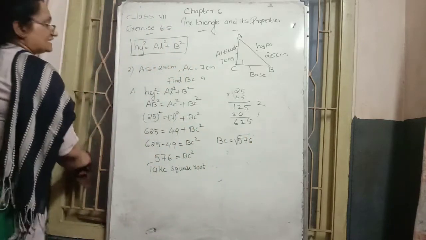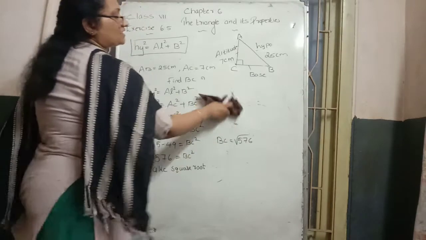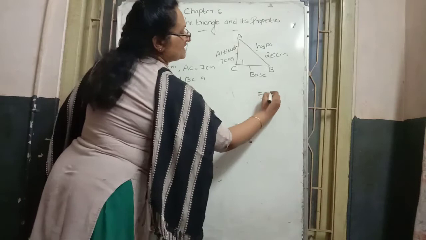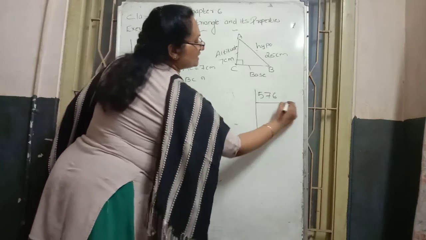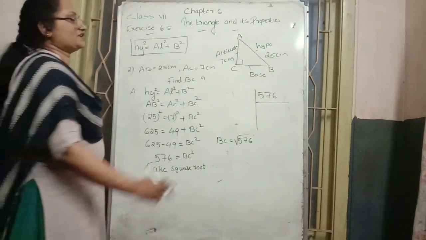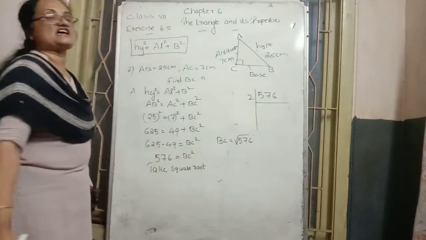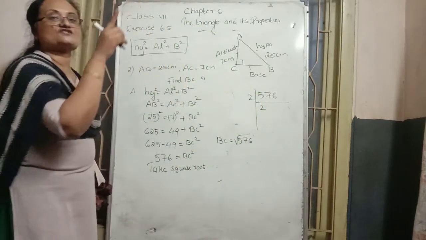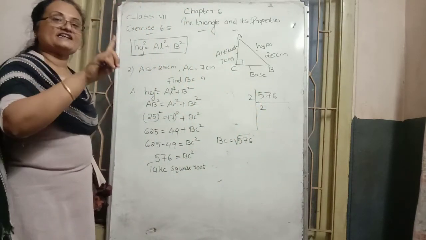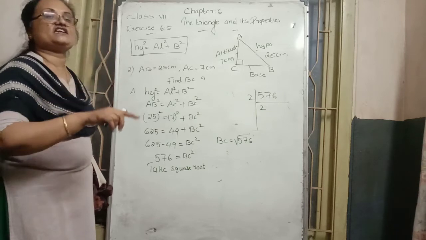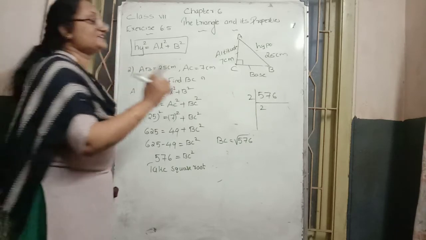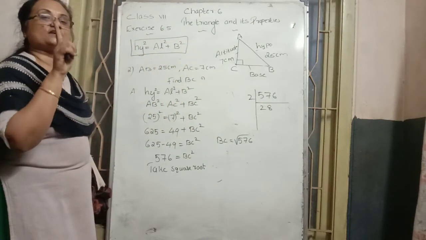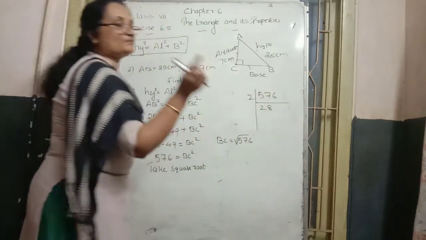Directly, not knowing the square root, how do we find it? Do prime factorization and solve that. Write 576 inside, and here draw an L shape box and find out. 6 is an even number, that's why start with 2. 2 table 5 is not there. 2 2s are 4, and 5 minus 4 subtraction gives 1, and next place number 7 is joined, making 17. 2 table 17 is not there. 8 times 2 is 16 is there. 17 minus 16 becomes remainder 1, and the third place number is joined, making 16.